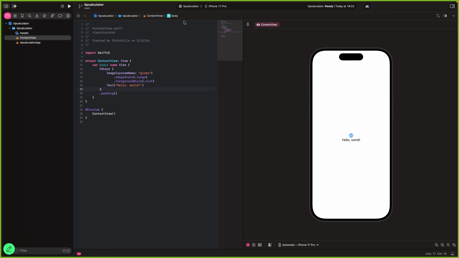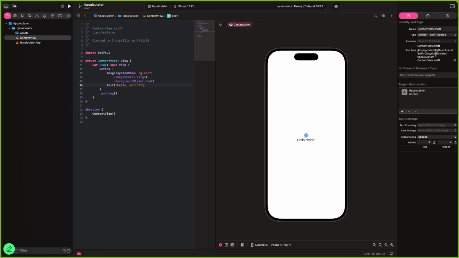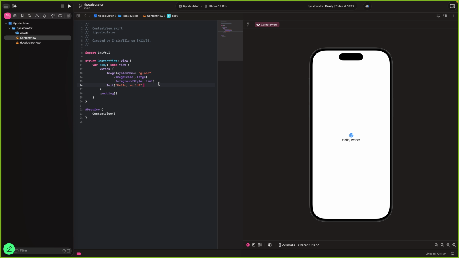This is going to be the editor. The editor is divided into two sections: the part where the code is actually written, and the canvas, which shows you a preview of how your app will look. I do want to mention something. Before, you were able to modify the contents of the application in the inspector, but Xcode had an update, so you can't do it anymore. Most of the coding, everything affecting the app itself, happens on this side, and you're going to see it reflected on the right side, which is the canvas.